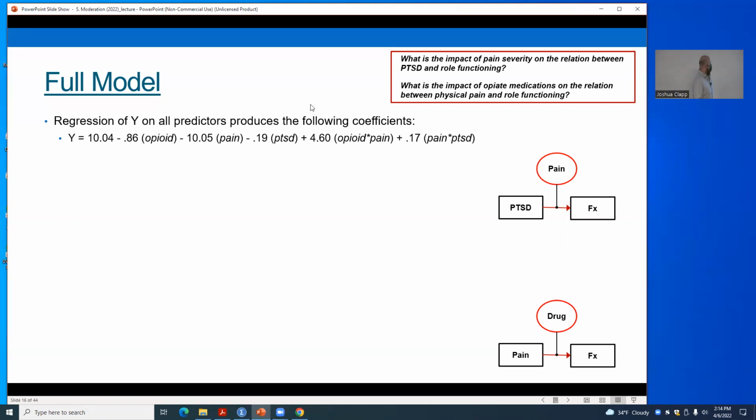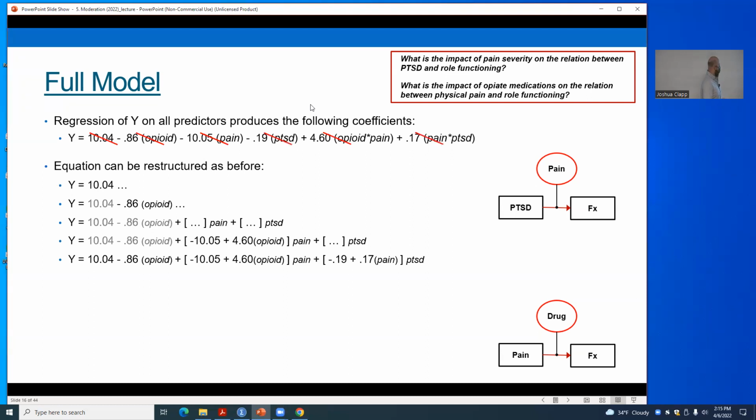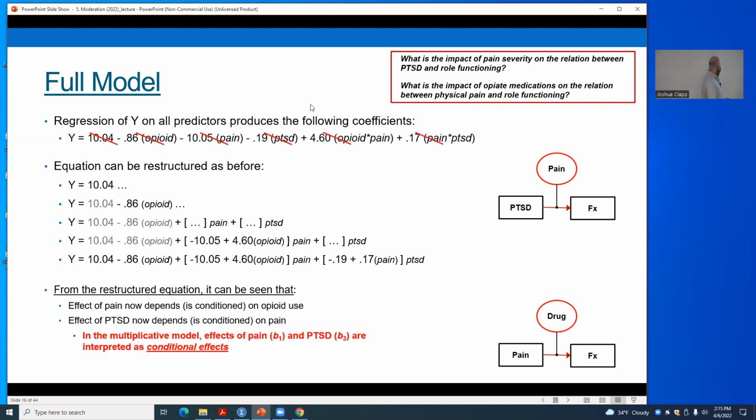reduced equation. But remember, what we're going to do is drop down our intercept from here. Then we're going to grab any terms that are not involved in our conditional effect. In this case, it's going to be opiate use. We're going to drop that down. And then we're going to section off, bracket off our two conditional effects. In this case, pain and PTSD both end up being conditional effects. And then we start taking my pain interaction and my pain conditional, dropping those terms down and doing the same thing with PTSD, which is going to give us our restructured equation where we can go through and see